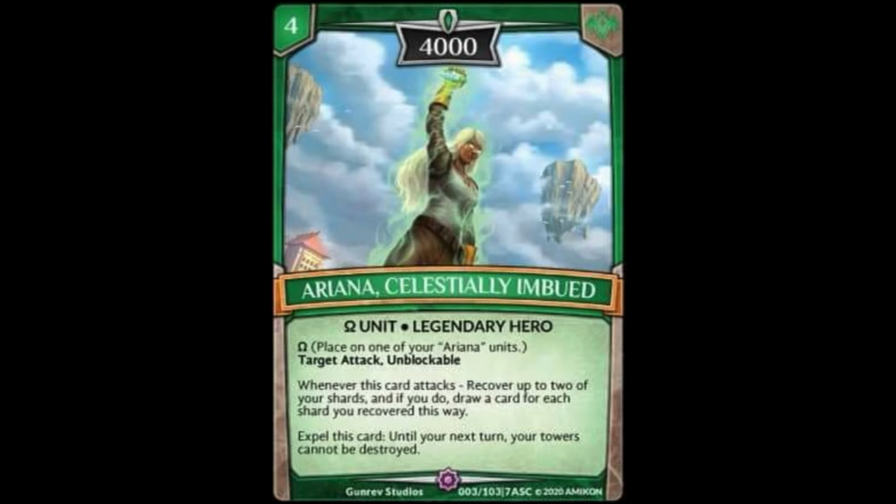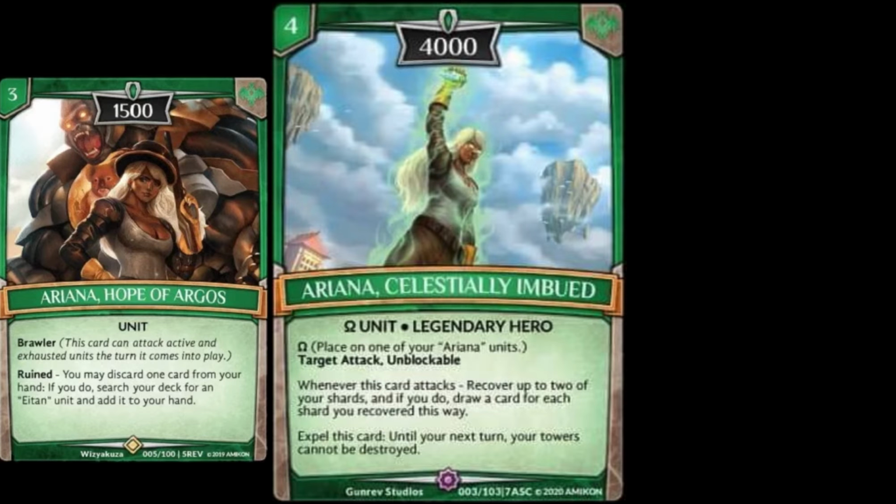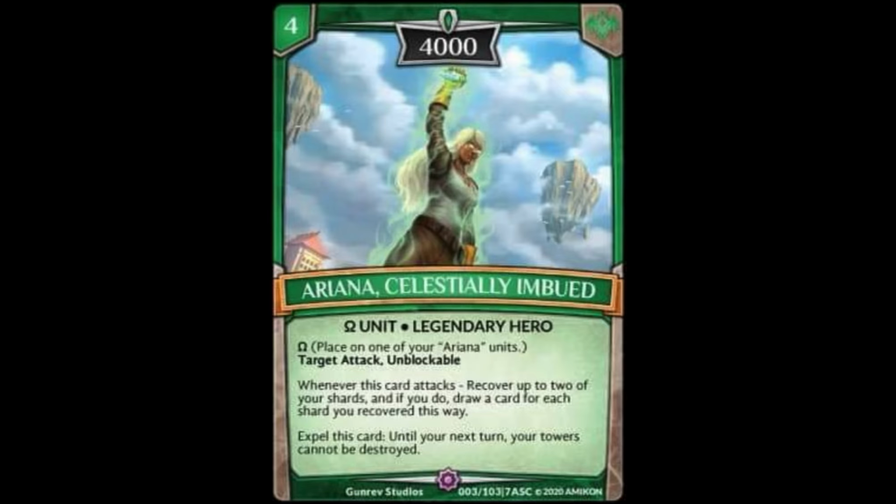We only have 2 types of Ariana units. One of them is absolutely terrible, and you should never play it. And then the second one is good. It's a 3-cost brawler that whenever it's ruined, you can add an Iton unit to your hand. But 1,500 power is kind of weak for a 3-cost, and your opponent is going to be looking to kill it immediately because the fact that you could have this stinking bomb in your hand for next turn is very